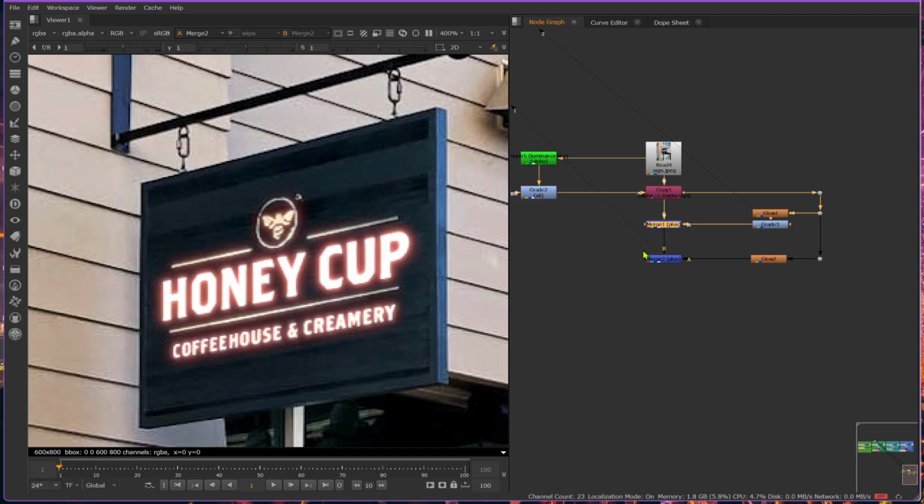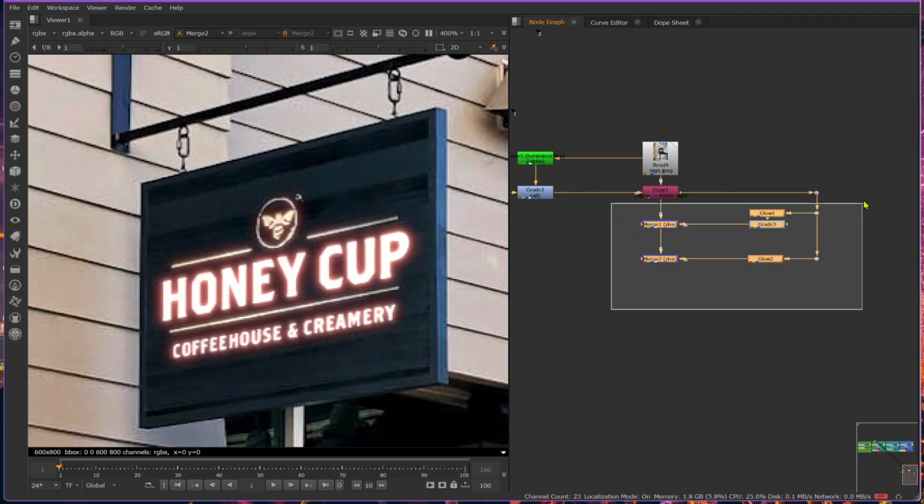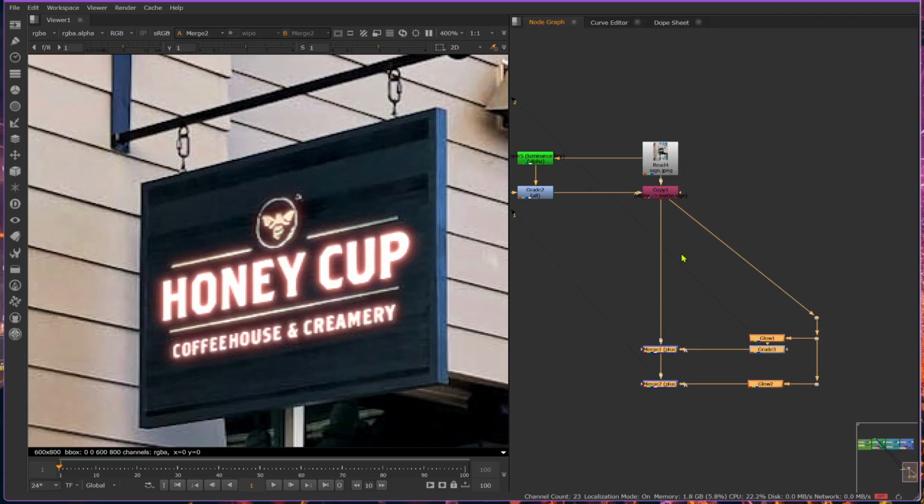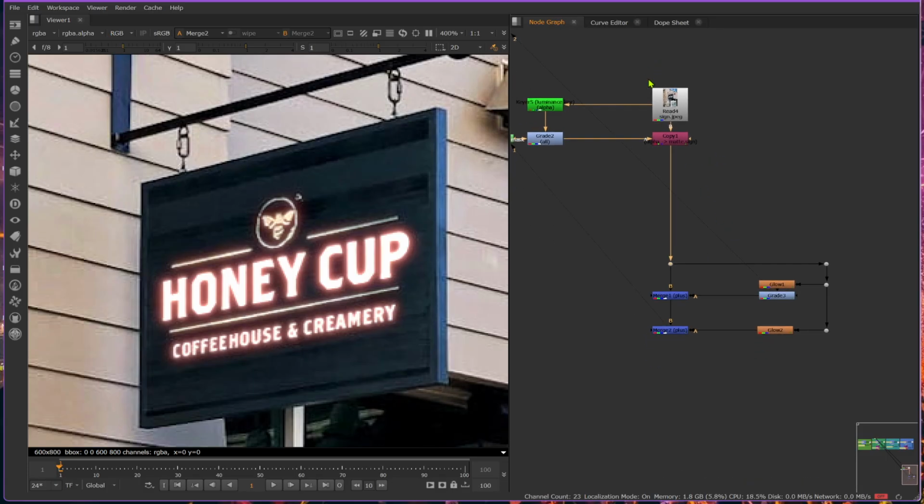So one more note real quick on glows that's super important is where you put them. So typically with a glow, you want to put it at the very end of your comp, like at the very end of your set or of your character, whatever you're dealing with. Because if I came in here